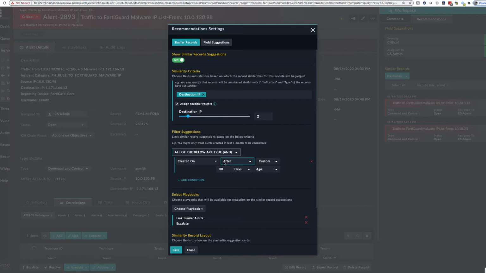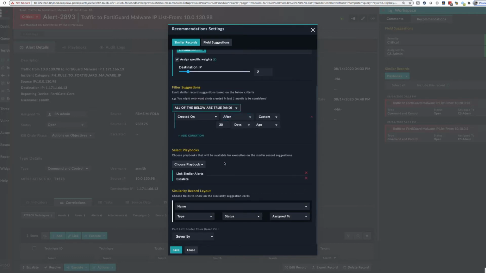We can have specific filters to, for example, consider only criteria meeting a specific characteristic, and of course we can decide what automation playbook to run